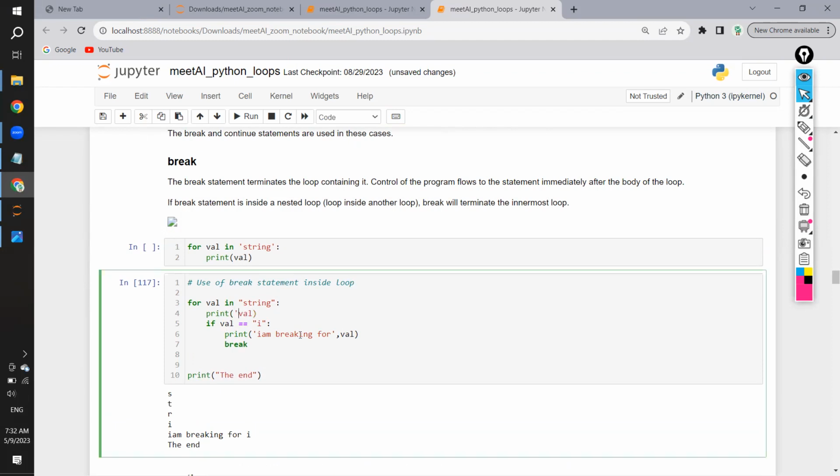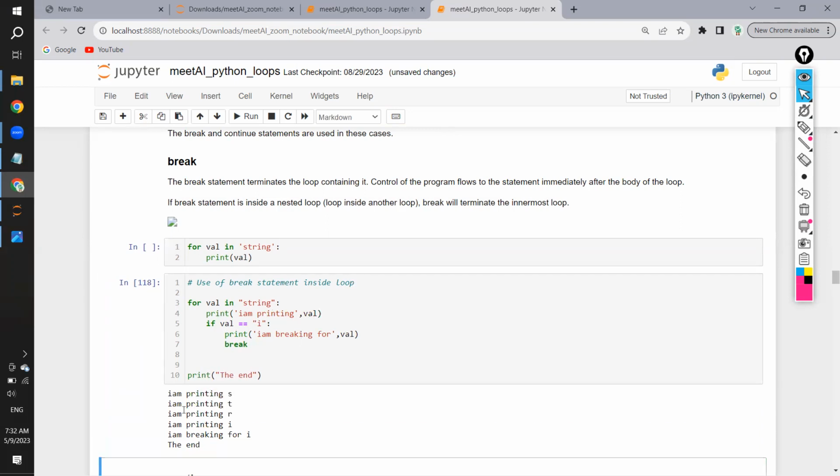Okay, and let's say I'm printing val. See, first it took s, then it is printing, saying "I am printing s". After that it is checking this condition, if val equal to i, is val equal to i? No, val equal to s, s is not equal to i, so it will not enter into this if condition. Then after that, the for loop should execute all the items in the string, next